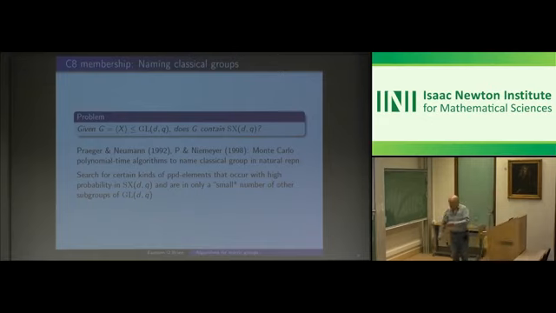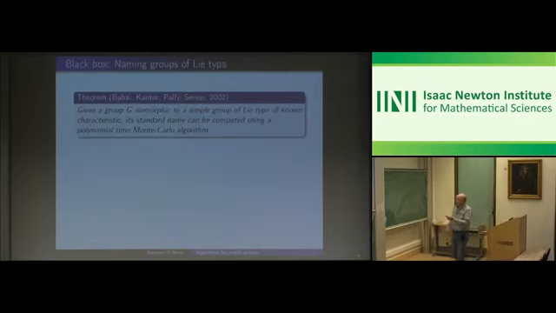Okay, that was very much within the context of natural copy matrix group. You can also ask the question, of course, and it needs to be answered in the context of black box groups, in the context of a permutation group or some other representation, be it in defining characteristic or be it in cross characteristic for the matrix group. And to answer that, there's a very nice paper of Babai, Cantor, Palfy, and Seress,